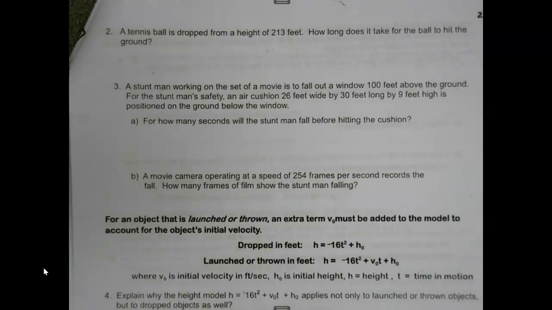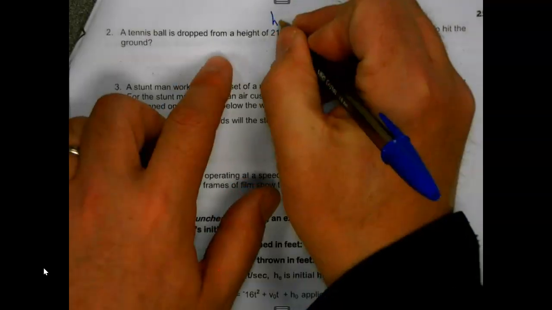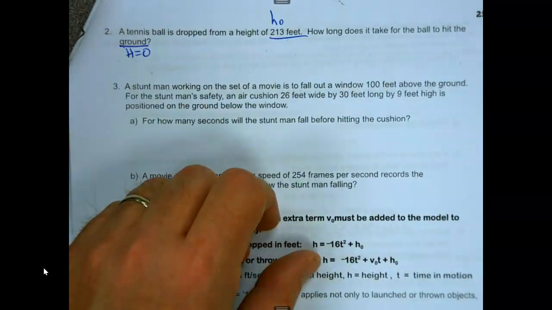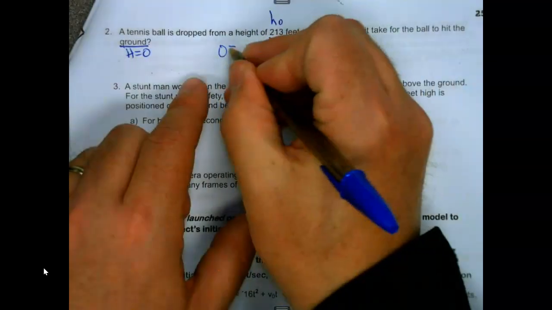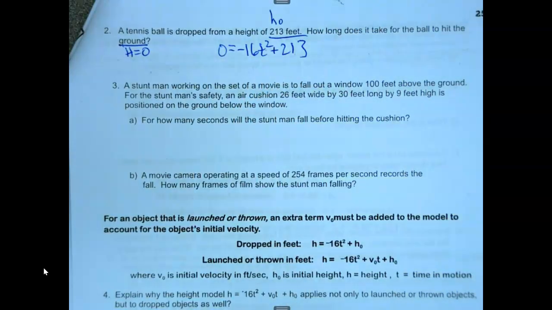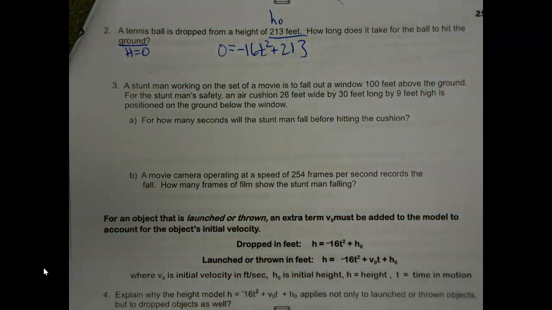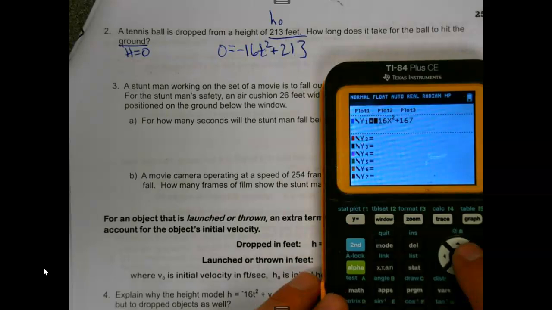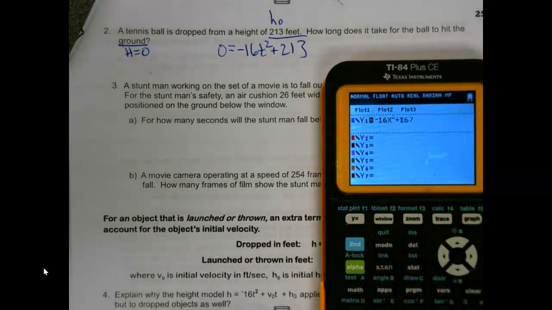Tennis ball dropped from a height of 213 feet. How long does it take for the ball to hit the ground? Same idea. There's my start. There's my end. Totally up to you if you go algebra or you go, and I didn't even mention, you could do the quadratic formula on that too if you wanted to. That's an option. So again, here, your call. If you go algebra, that's cool. If you go calculator,